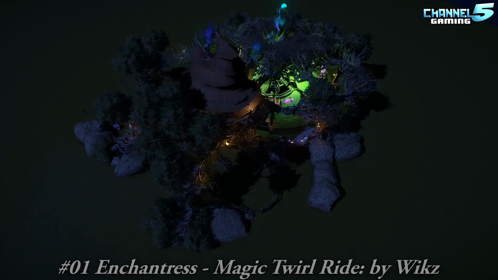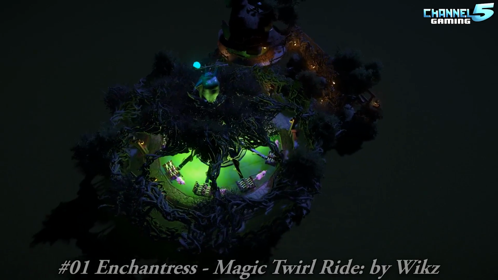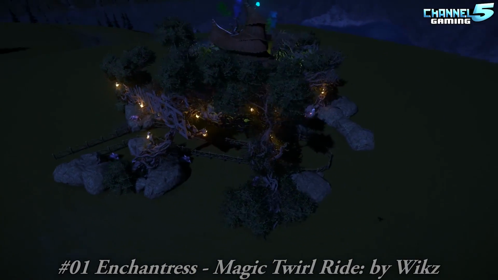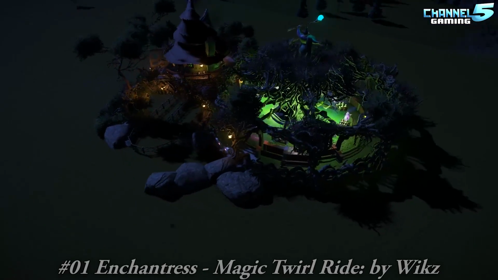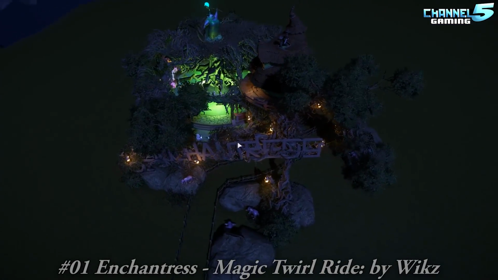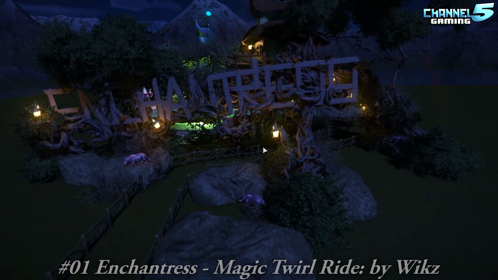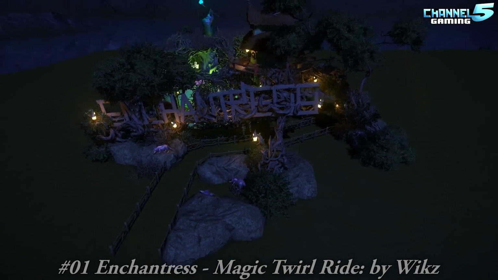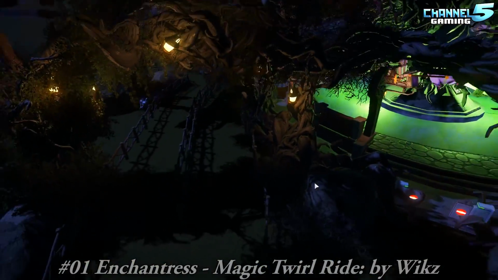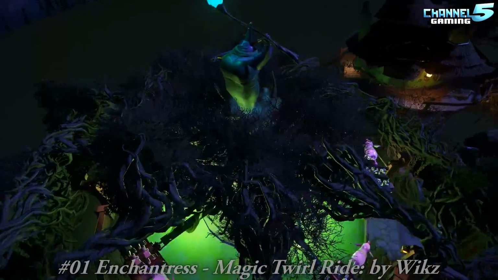Alrighty, the first one we got here is Enchantress Magic Twirl Ride. And from the looks of things, setting things up today, we got a lot of ride skins, guys. I could practically do a ride skin contest. So many people are doing amazing ride skins. So look at this. We got Enchantress made out of gnarled branches and wood. Nice little sign there. Q goes on up through here, the little spooky forest, and up into the Witch's Spooky Ride. And I really like how Wix...